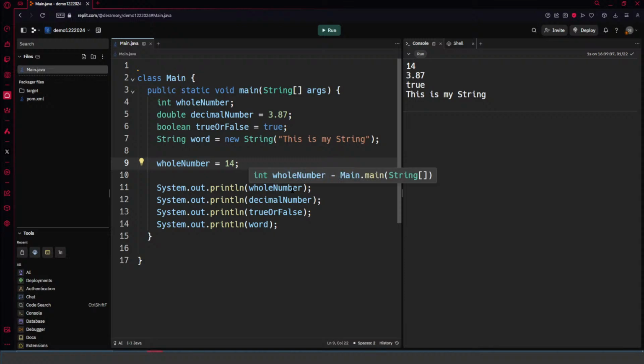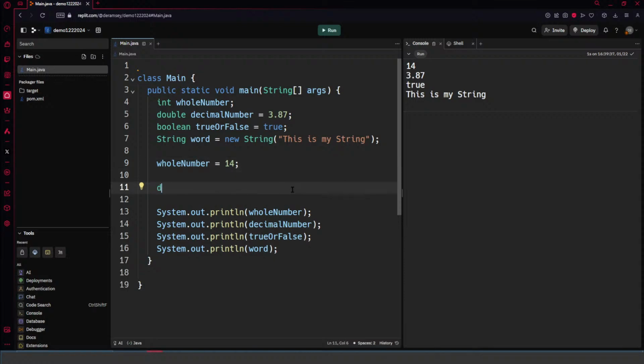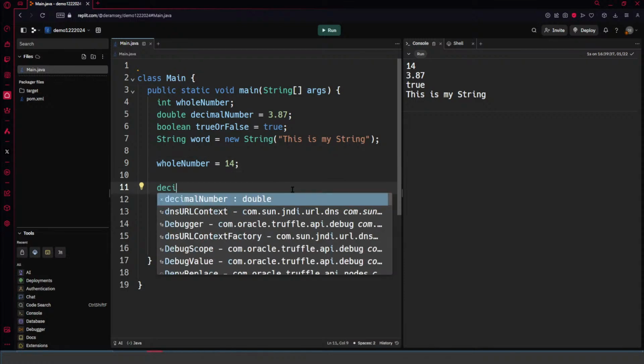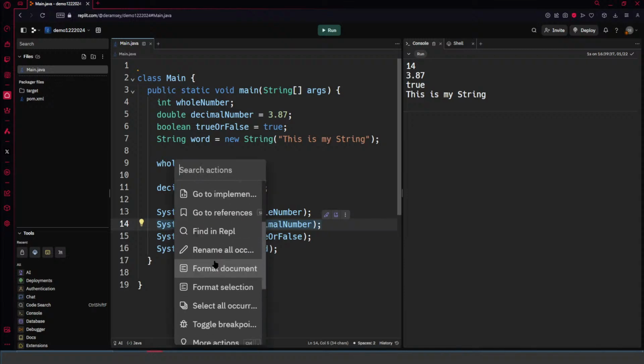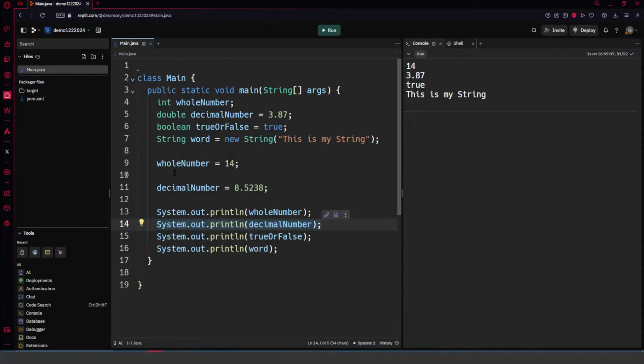I could also reassign those values if I wanted to, right? By just referencing the label on the container. And as long as I put the same data type back in there, it's going to change that value to be whatever it is, right? So if I maybe make a copy of this line, put it here,